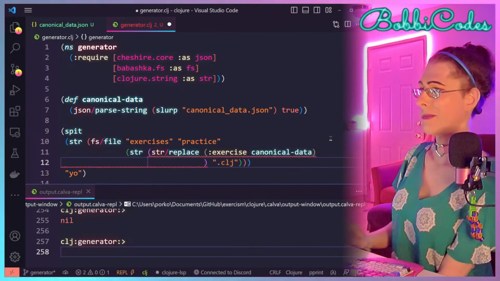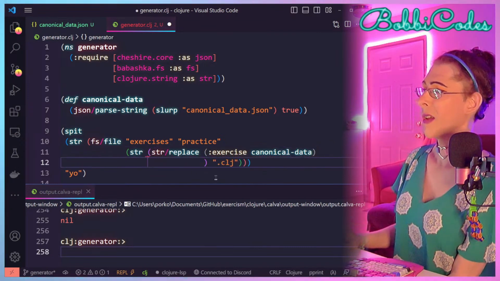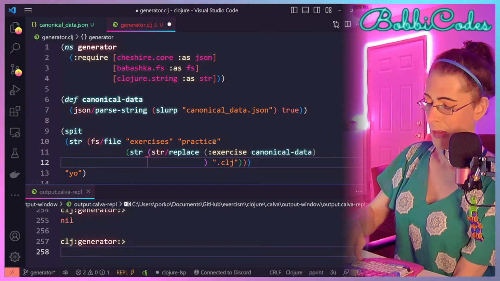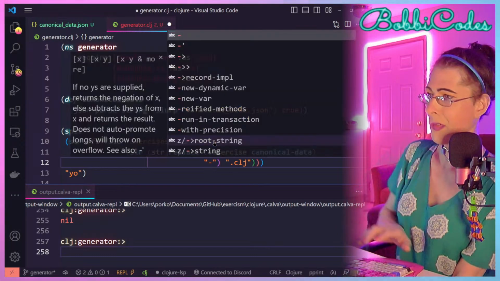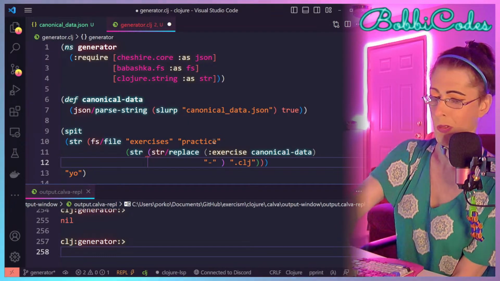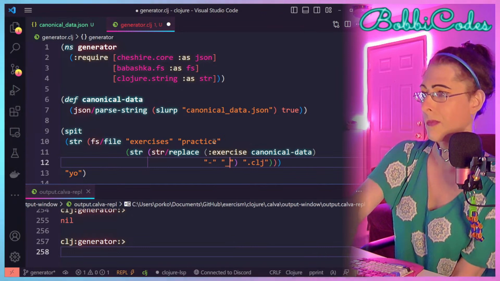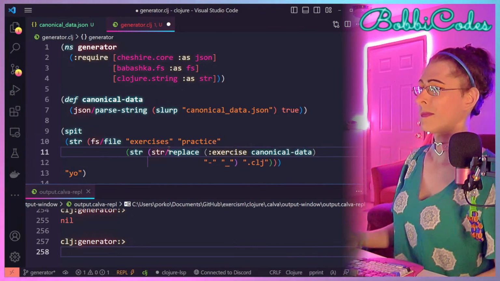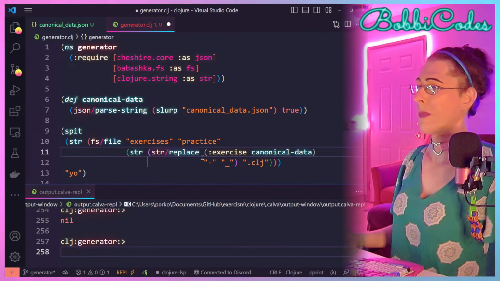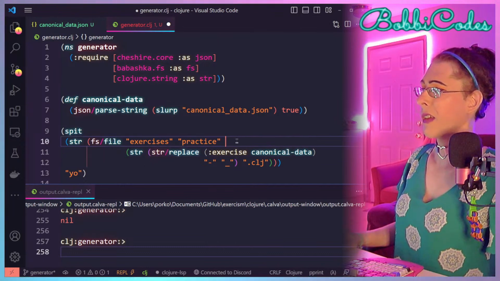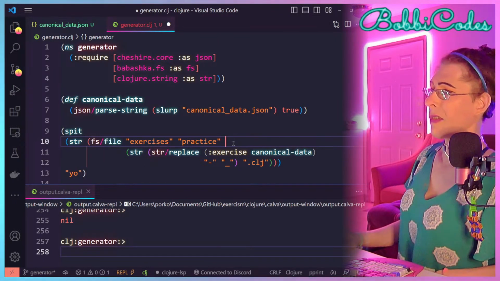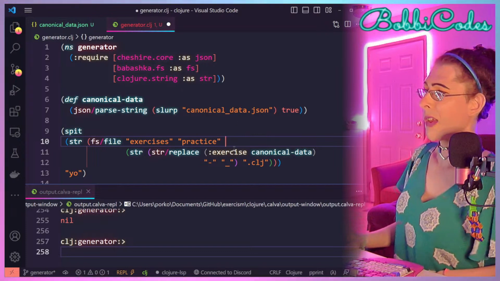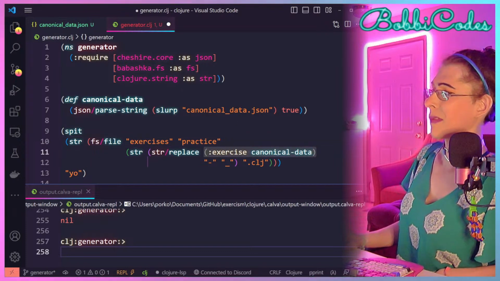Oh, okay, string replace, yeah, any hyphens with underscores. Yeah, that is right. So exercise, practice, this.